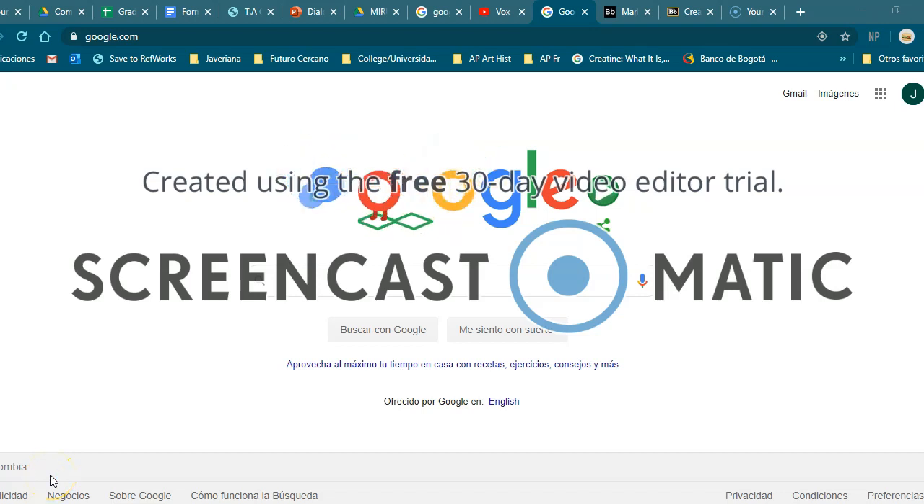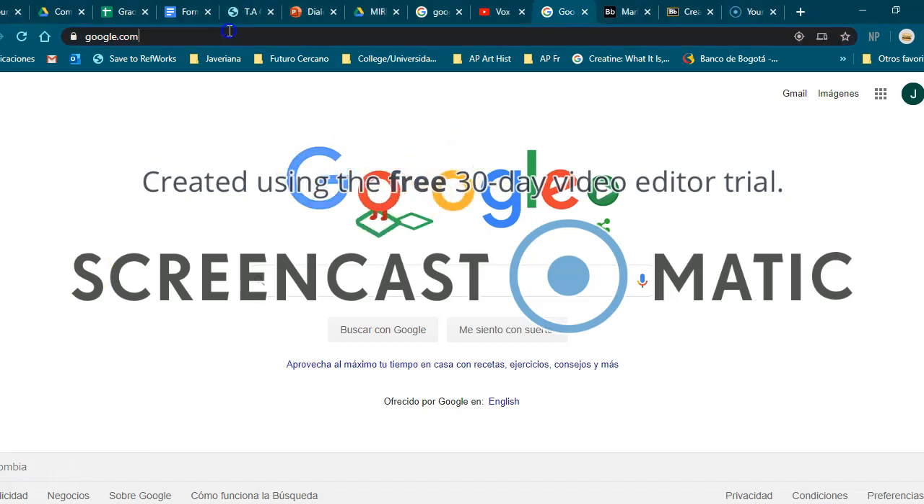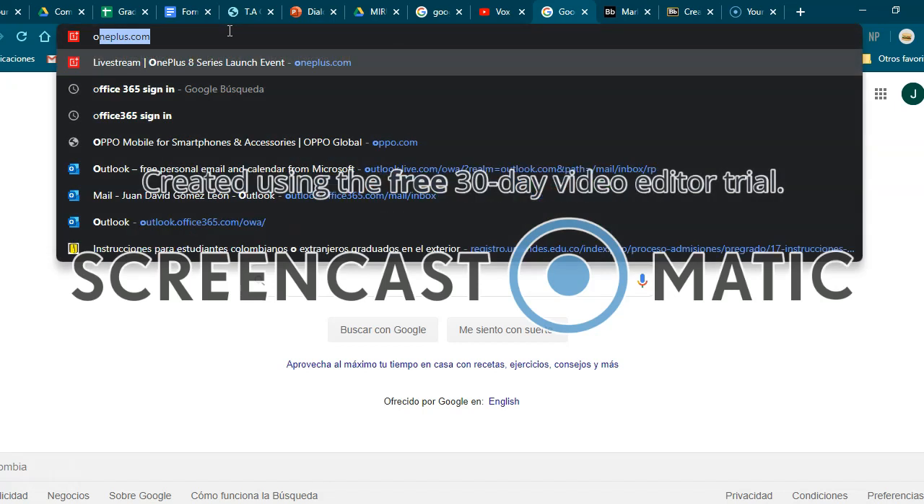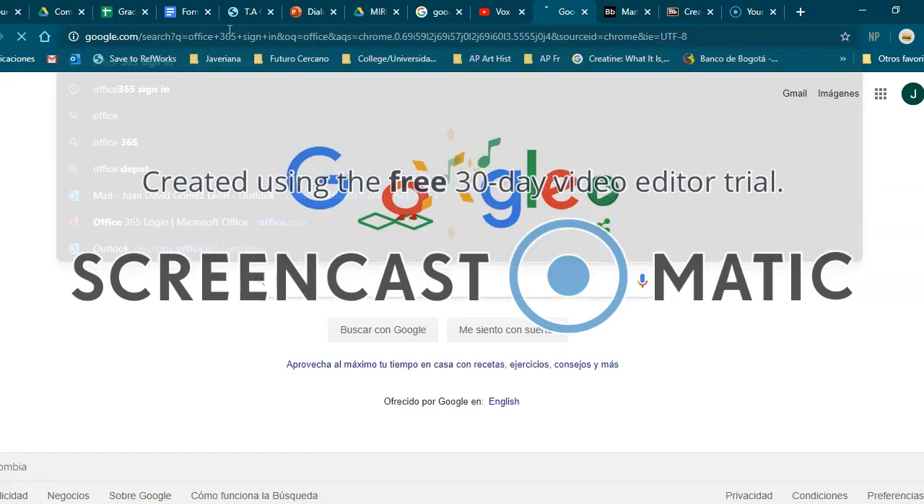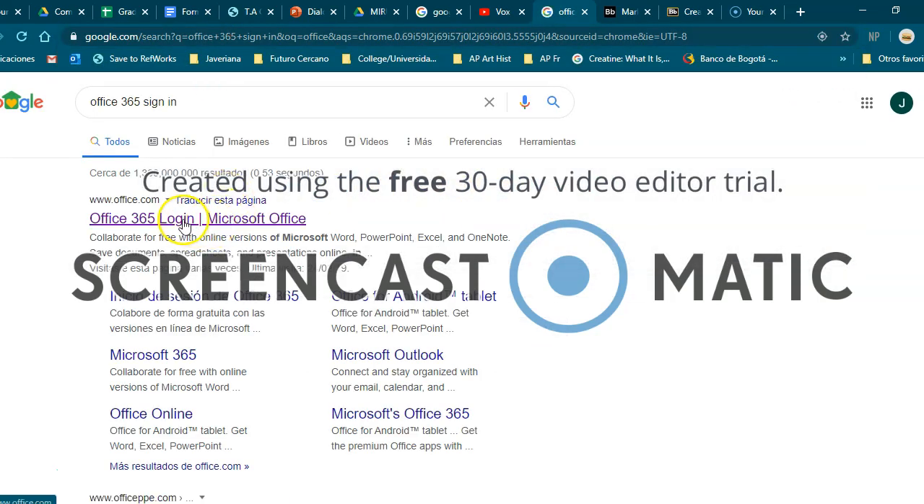So for installing your Office package, in order for you to have the latest version of Microsoft Office Excel, you need to go, as I told you in the email, go to office365.com, Office365 sign in, click the first result in Google,